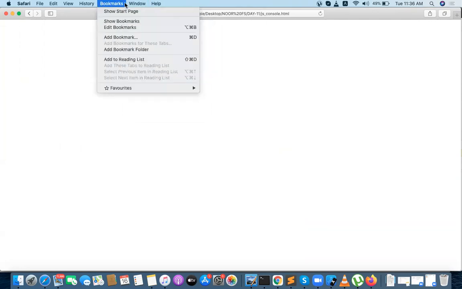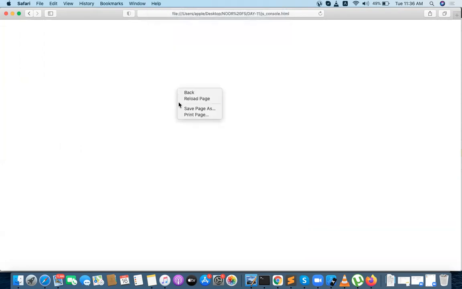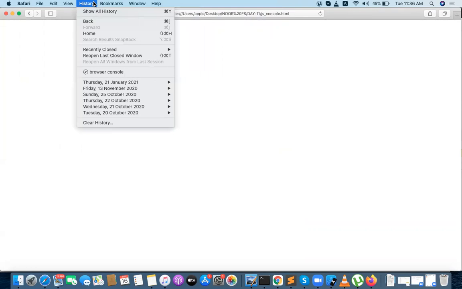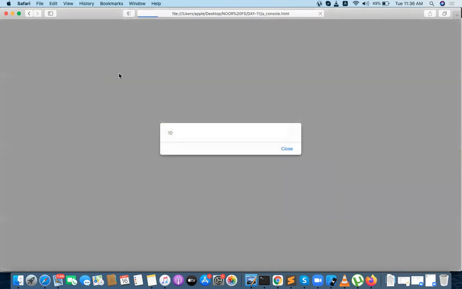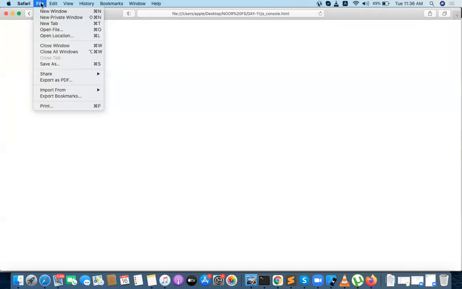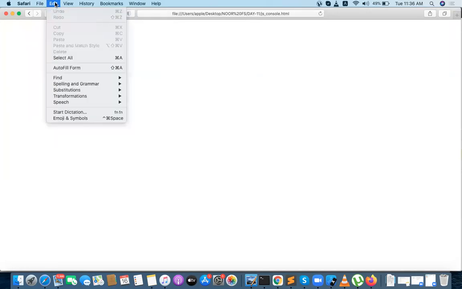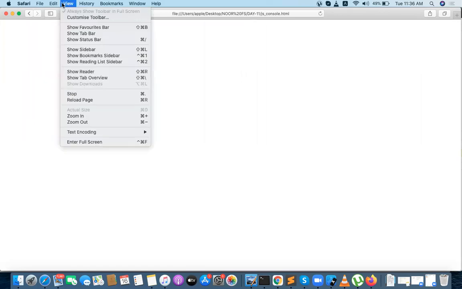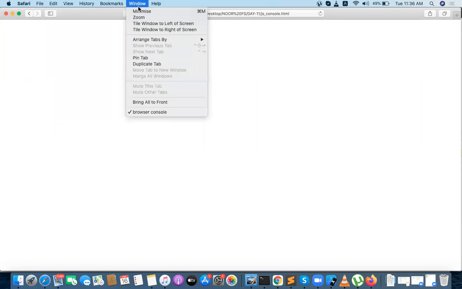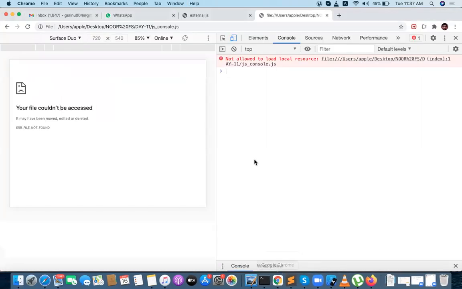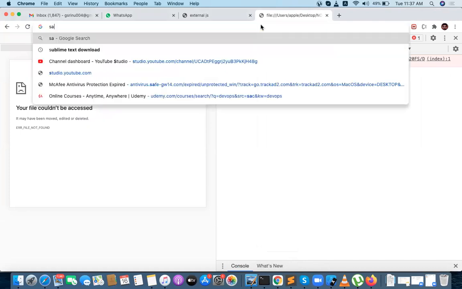Window, browser console. Maybe Safari right click. Where is the browser console? Okay, let me check. I don't use Safari.